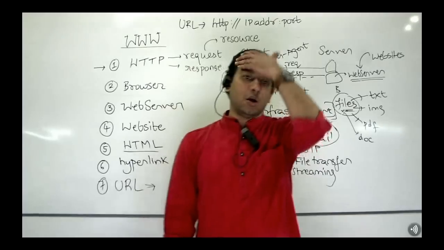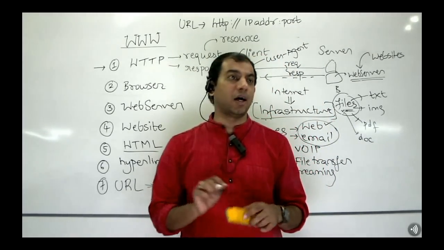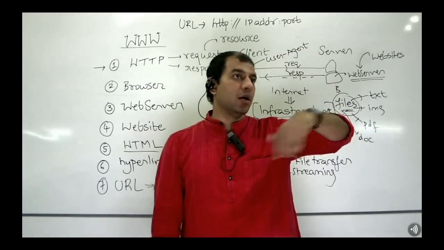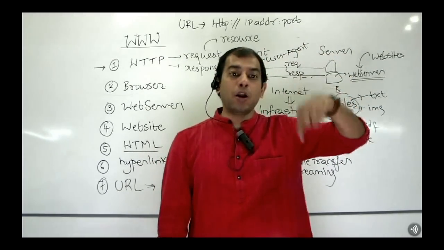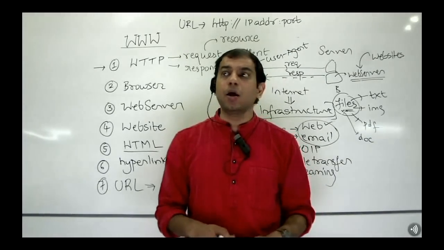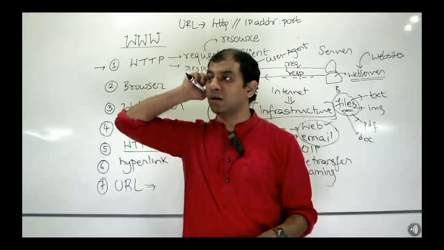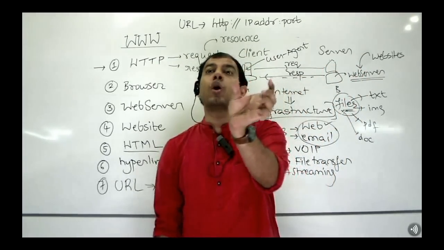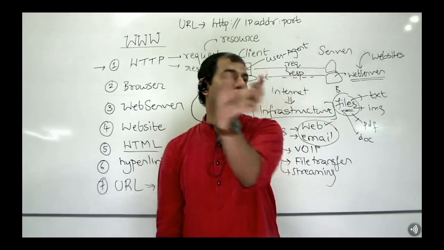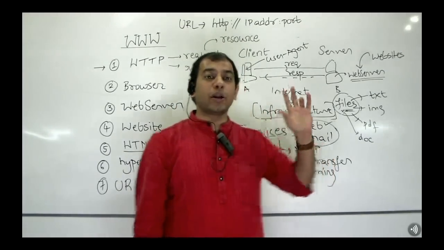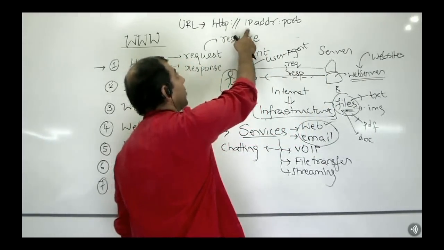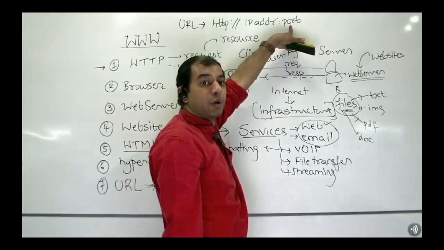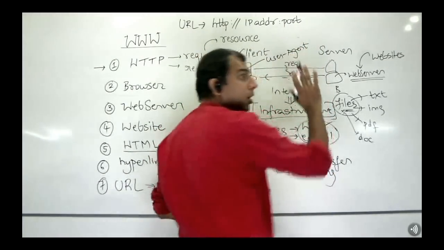Just like in a postal letter, when you write the address, the address uniquely identifies what? The home, right? In the entire country, it uniquely identifies the home. But in one home, how many people might be staying? There are many. You might want to give one secret letter only to one person. How do you uniquely identify that person? Name. You say to so-and-so, to the eyes of only so-and-so. Correct? No? Then the address. So in a similar way, one physical machine is identified by IP, but within that machine there might be many softwares running. How is it identified? The name that is given to it is nothing but your port number. Everybody clear with what a port number is?